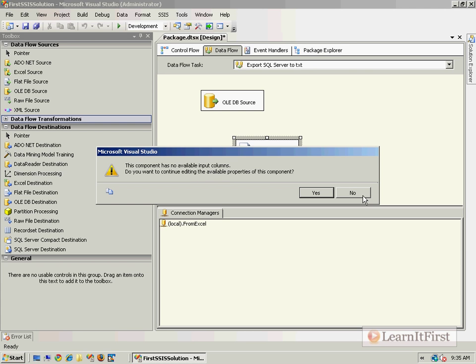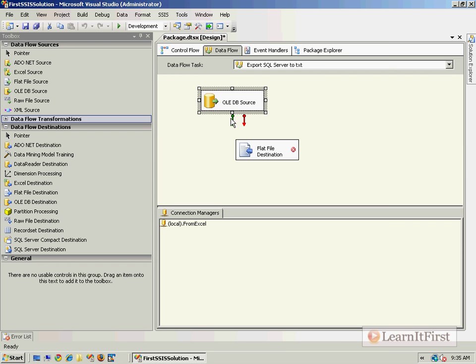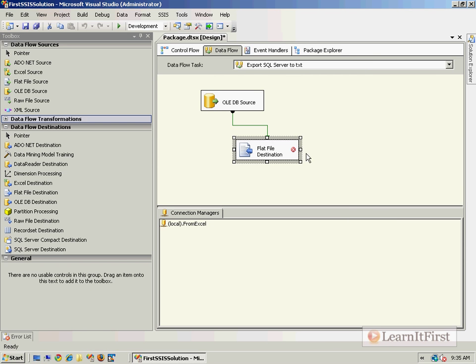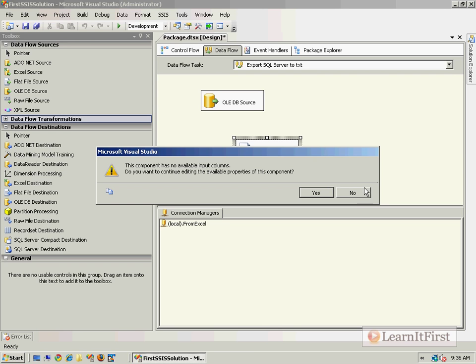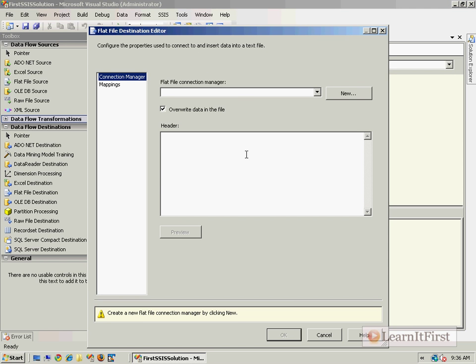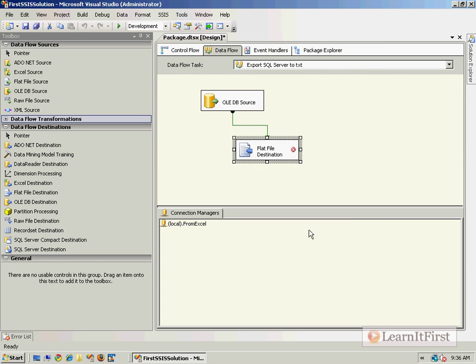Generally speaking, you don't want to edit this. You instead want to do this and then double click on it, and you get a different screen. So if you double click on it and you get that message that says there are no available input columns, you probably want to say no and drag and connect those with a connector, and then you double click on it. Okay? Now before I get into this, notice down in my connection manager there are no file-based